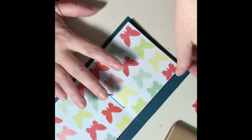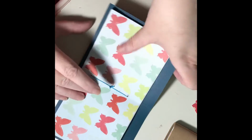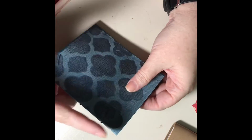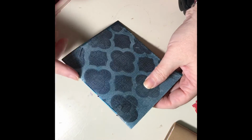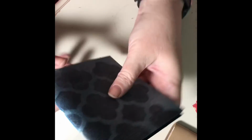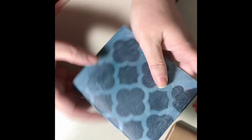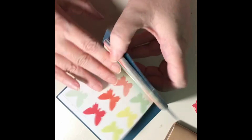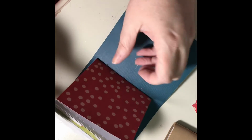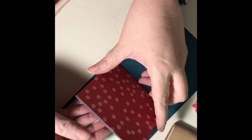Now, if you used one-sided paper and don't want pockets, guess what? You're done. That's it. You got your signature there. You got your stitches. I like the blue on the blue. I didn't really think that through, but it's kind of hard for y'all to see it. Hopefully you can. But yeah, if you use single paper, you're done, okay? If you didn't use single paper and you want to make the pockets,